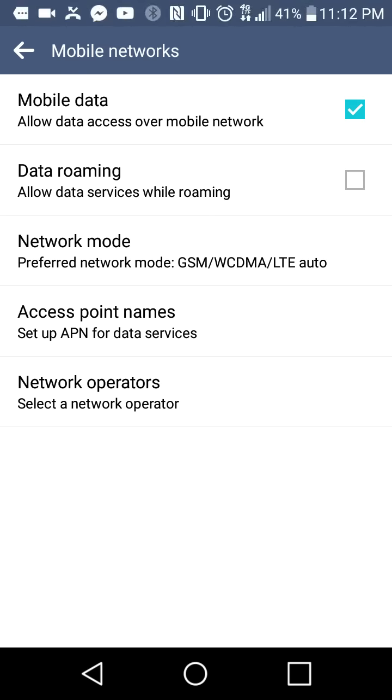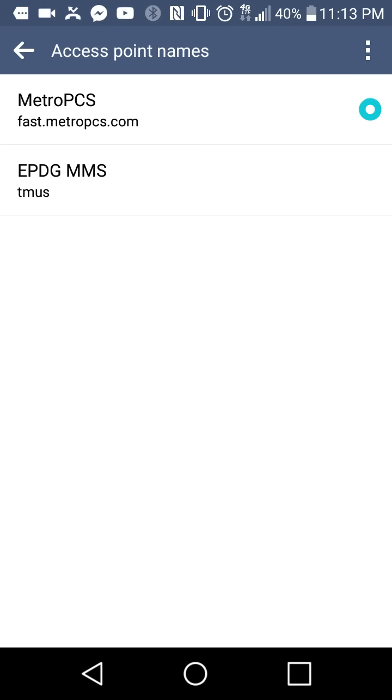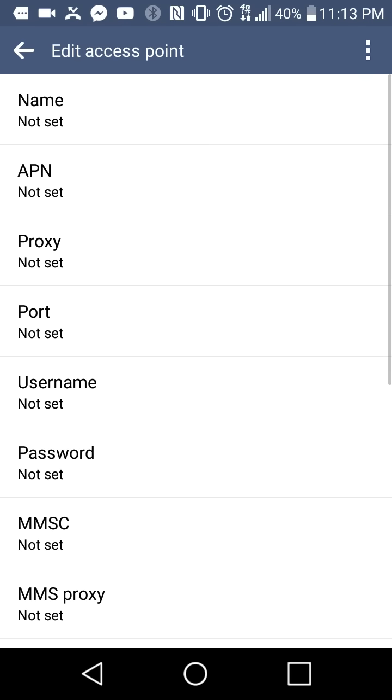Now, if that's not your problem and there's something else, another thing it could be is if one of your settings here got changed. One of the biggest settings for your data is your APNs. If these aren't correct or set or turned on, say for example,